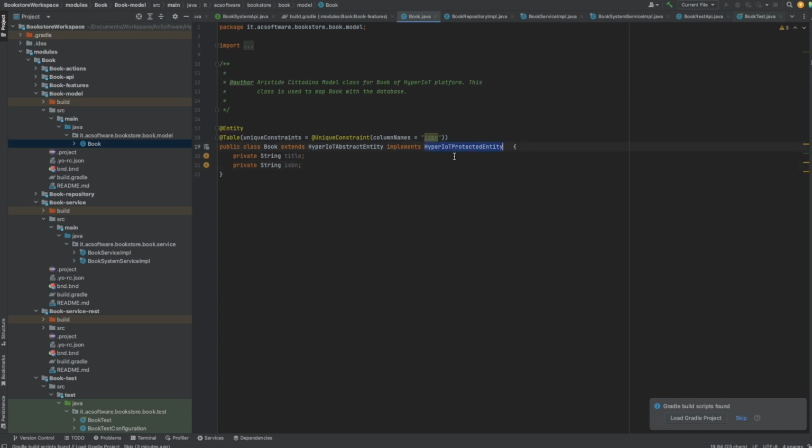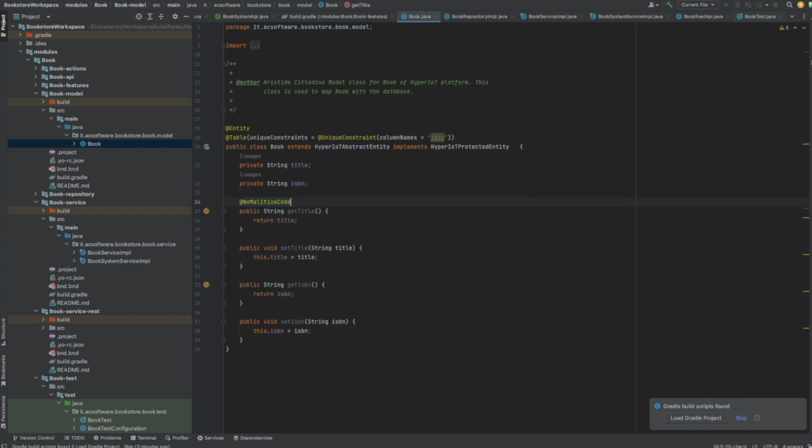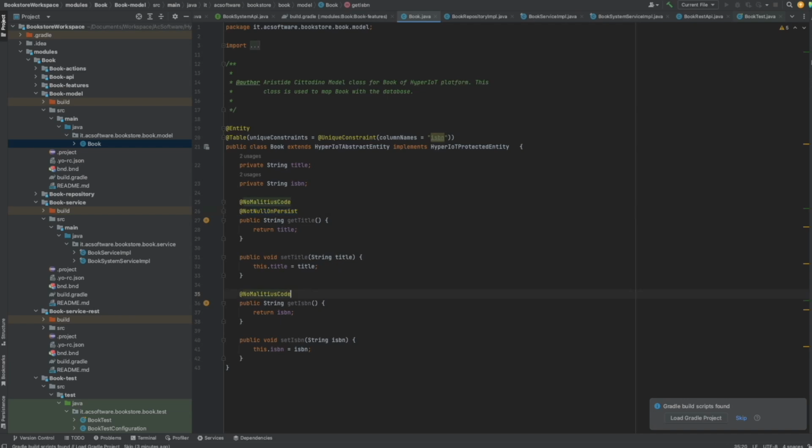And this is a protected entity. So this entity book is controlled by the permission system. So every time the REST service tries to operate on this book, the permission system will check that the logged user has the right permission to do it. So let's generate getters and setters. Let's go ahead adding some validation, no malicious code, so we prevent malicious code injection, and then not null on persist. We say that we don't want this field to be null at persist time,